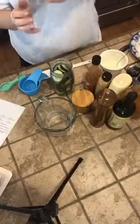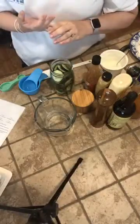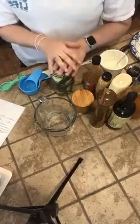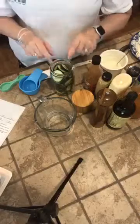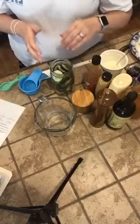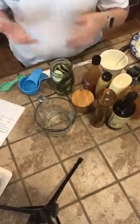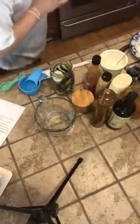Now, this recipe calls for about 1.5 cups of white vinegar, half a cup of sugar, a heavy pinch of salt, dill and cucumbers, and water, and a quart jar. So what I've done in preparation for this is I have taken the salt, the sugar, and the vinegar, and I have just heated them on the stove till the salt and sugar have dissolved. You don't want to boil it or anything. It doesn't have to come to high heat, just enough so that that sugar and the salt can dissolve. And then we're going to grab it,